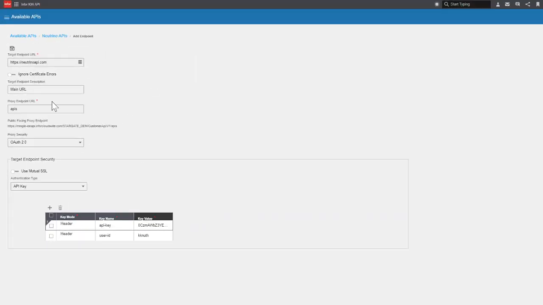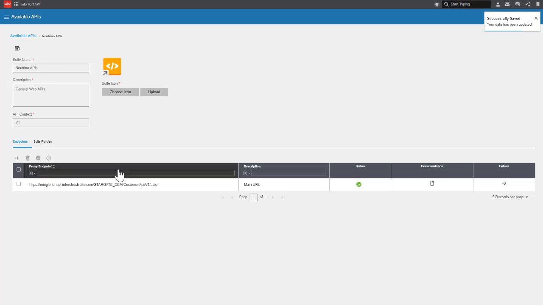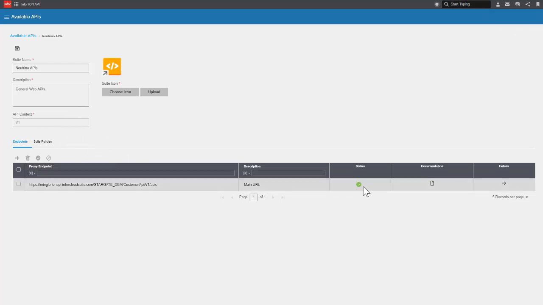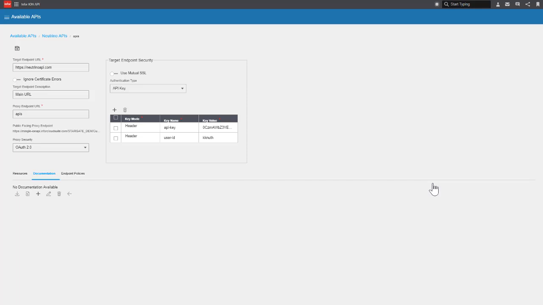Okay, now that I have all of that, I can save my definition. And you can see back on the available APIs and on my Neutrino API suite definition, everything has been set up, everything's been saved. The status is live now. The last thing I may want to do is provide some documentation for this. And by documentation, since this is a modern RESTful API,